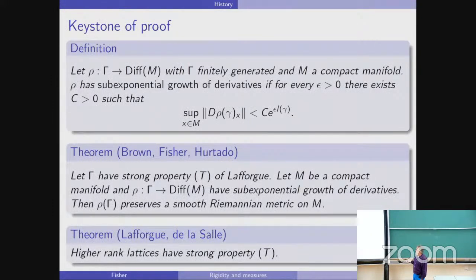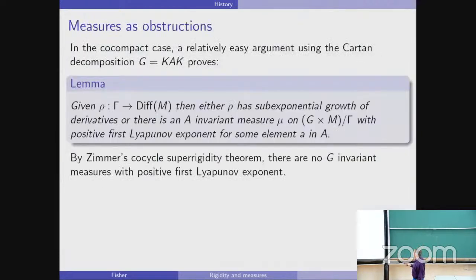If you negate this definition, you get a sequence of points seeing more and more exponential growth of derivatives for longer and longer orbit sequences. And you just write down what that means. And it gives you a sequence of finitely supported measures witnessing the exponential growth. And you take a weak star limit of these measures, and that's how you get this measure